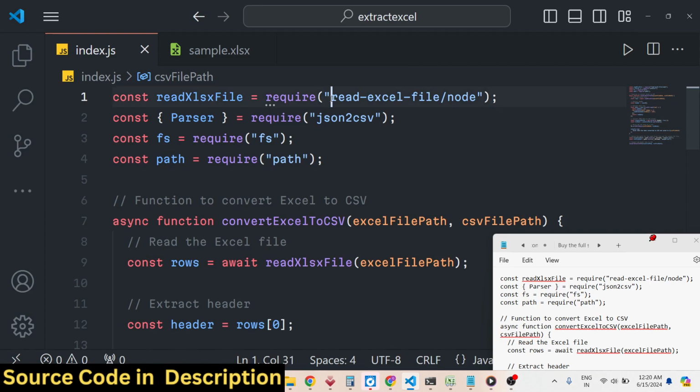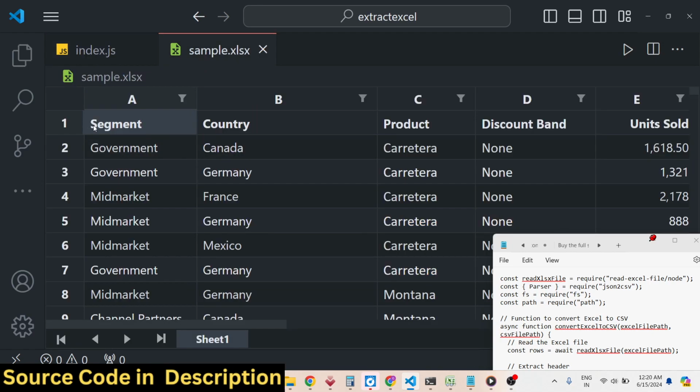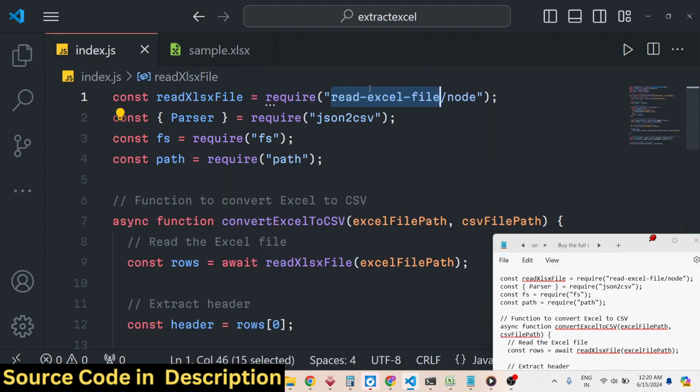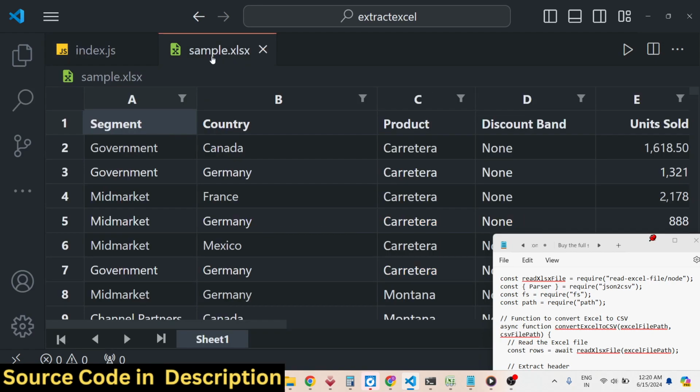The first one will allow us to read or parse all this data that you see, the header row, these columns. We will use this read-excel-file module in Node.js. The second module: all the data which we read comes in the form of JSON, and we need to convert this into CSV. For that purpose, we will be using the second module called json2csv. With the help of these two modules, guys, we will accomplish this task of converting a Microsoft Excel file